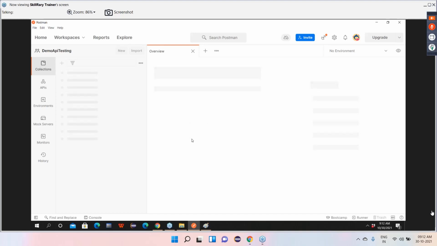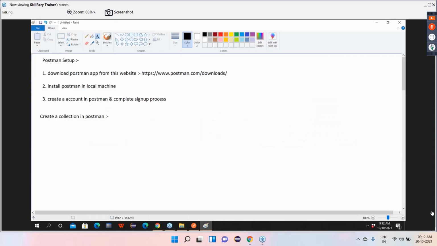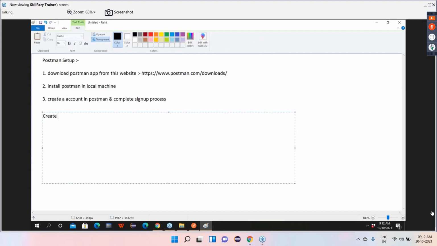So guys, first step is not to create a collection. First step is what? Create a workspace. So first step is create workspace in Postman.